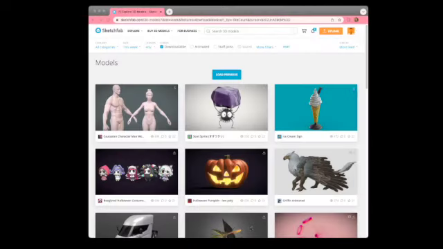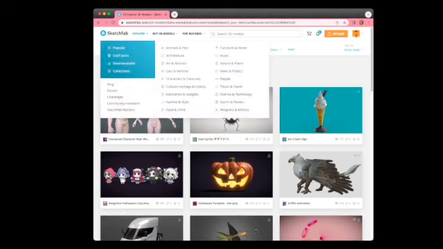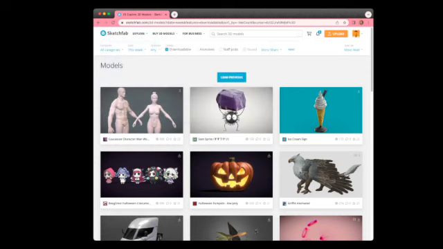Right, let's go ahead and get started looking at ways to bring in 3D models that you would like to use inside of EON. So we're going to get started by going to a tool called Sketchfab. So we're going to go to sketchfab.com, and inside of this explore area, I've selected downloadable models. And what that's going to do is give me all the models that are free, able to